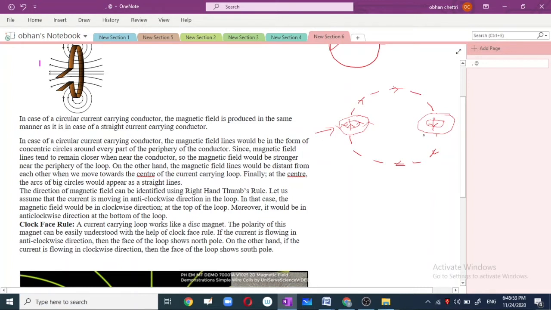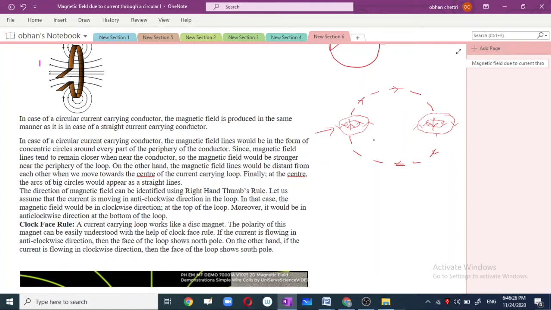Here if we apply the right hand thumb rule, our thumb will be in the downward direction, so the curl of the fingers will be clockwise. So the clockwise direction will be this one, this one. This is one of the best ways to find out the direction of the magnetic field with the help of